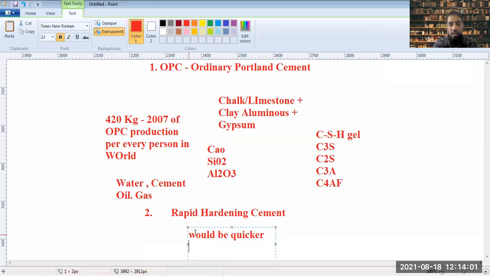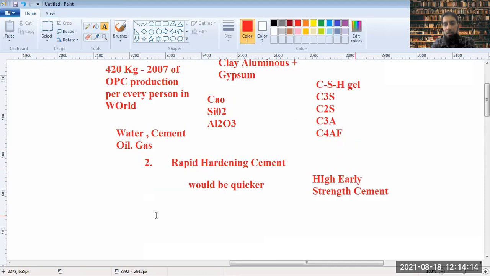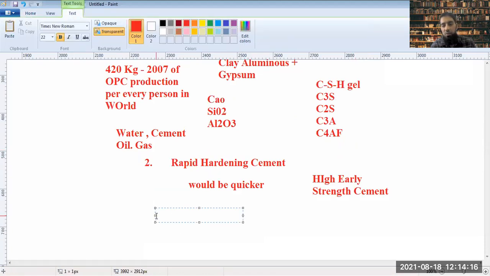So we can also name it high early strength cement. That would be the alternative name for this, high early strength cement, meaning we are gaining early strength in this type of cement. So how do we get the